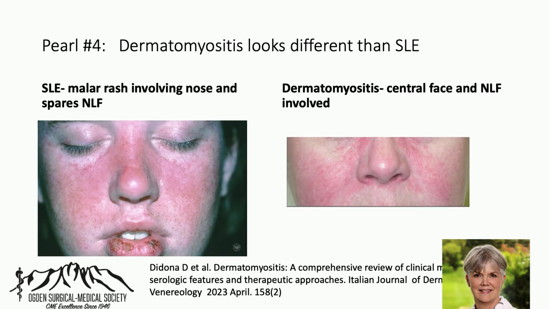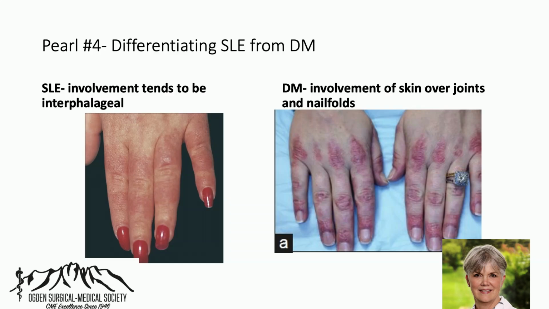All right, pearl number 4: dermatomyositis, which often is difficult to diagnose, but an important disease. Dermatomyositis is distinguishable from lupus clinically if you know some of the finer points, and I'm going to try to teach that to you. One of the things we talk about is that in SLE, that butterfly rash bridges the nose but spares the nasolabial folds. And in people who have dermatomyositis, you'll tend to see more sparing of the nose and involvement of the folds under the nose. We also know that SLE will give you rashes between your knuckles, whereas dermatomyositis tends to be